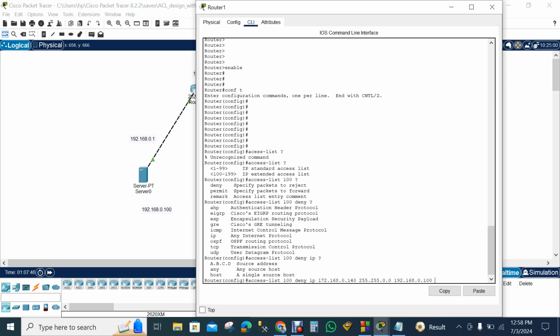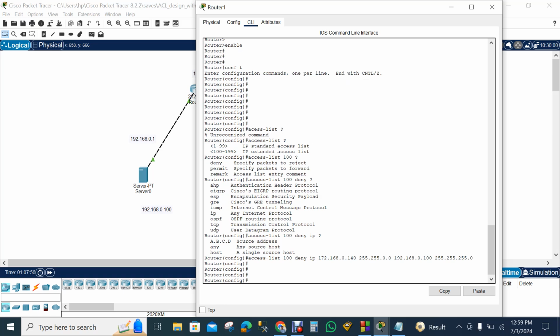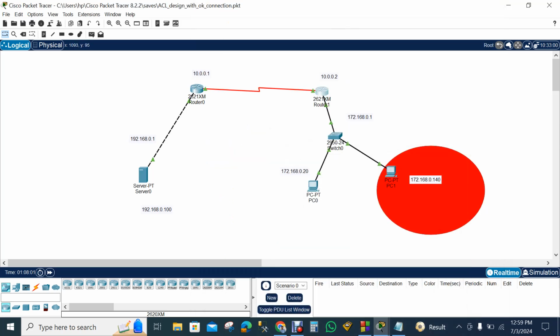192.168.0.100, and this is class C. So I can write in here my subnet mask is 255.255.255.0. I need to press enter. So when I press enter, here is a logic we have to understand: this router